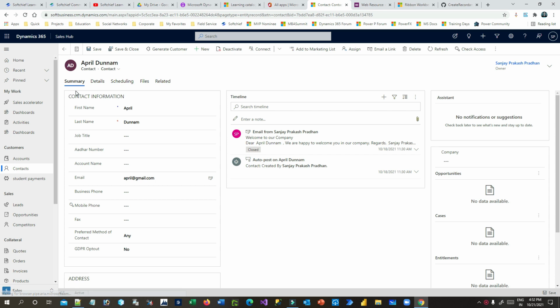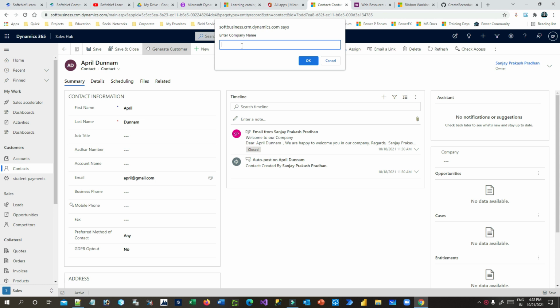So this is the contact record and I have to have a button here like Generate Customer, and whenever I click this Generate Customer, it should ask the user for the new company name. So let me give a company name, ABC Limited, and click on OK. Then it will ask what is the primary contact first name of the account. Let's say ABC first name, or I can give Sanjay, and next the last name of the primary